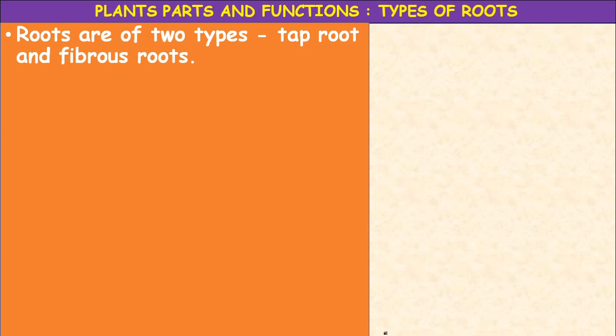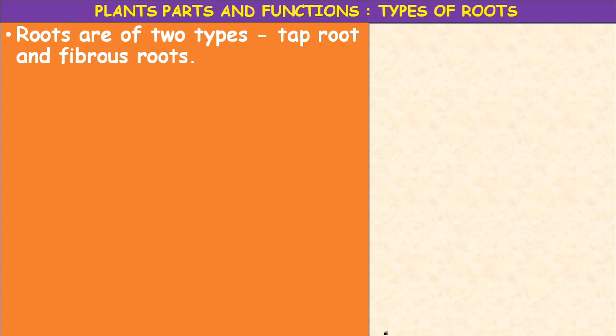One is without roots and one is with roots, isn't it? So this activity helps you understand the important function of roots. Automatically the plant without roots will die, because though you pour water, it is unable to absorb it, whereas the plant with roots is healthy. So this is the activity to understand the function of the roots.